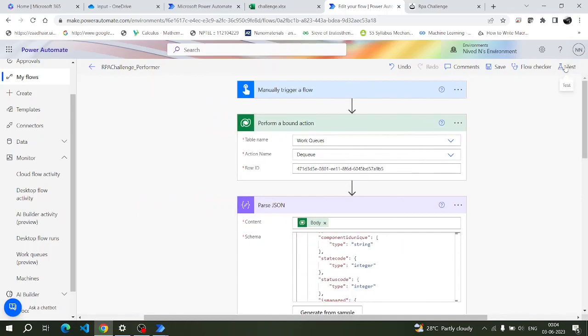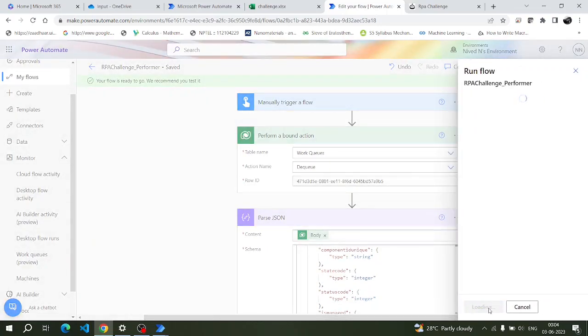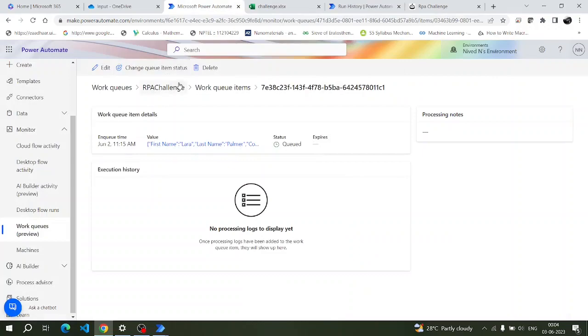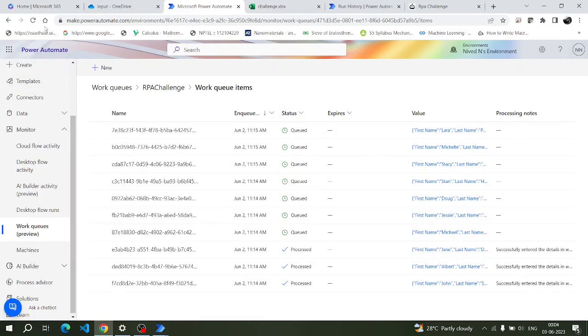So let me just run this performer flow. I'm just manually running it. Just remember that whenever you run this flow, it will only take one queue item, process it, and update its status. We haven't made it run iteratively, or in a transaction manner. Okay, we'll run the flow. Start running. Now let's go to our queue, and I think if I just refresh it,